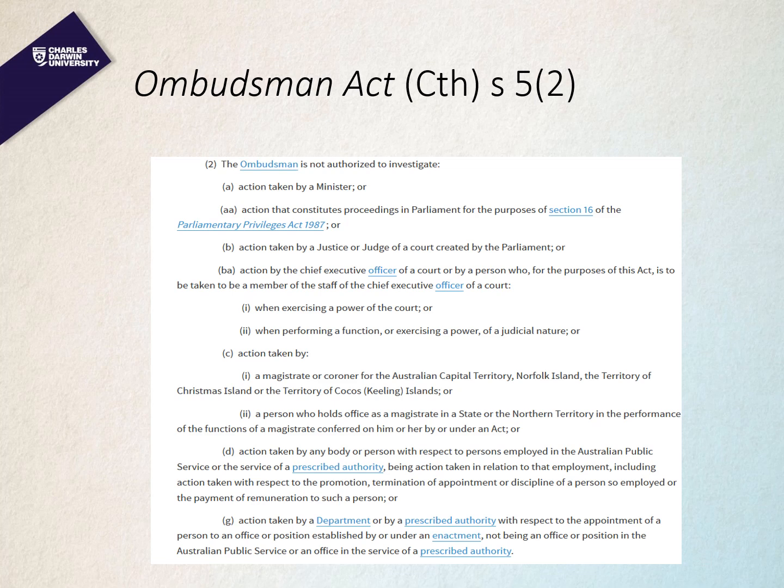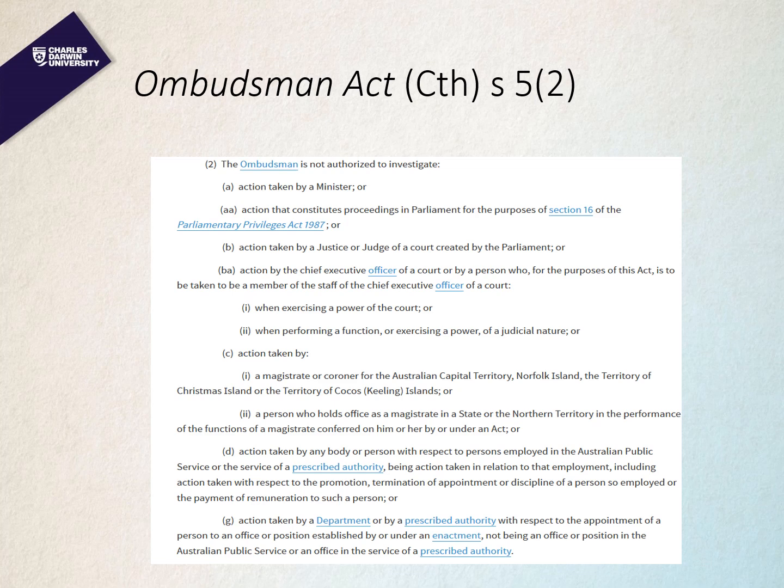All right, now we'll look at some of the specific provisions about the jurisdiction of the Ombudsman and exclusions from jurisdiction, starting with Section 5, subsection 2 of the Commonwealth Ombudsman Act. You'll see from this slide there are various things the Commonwealth Ombudsman can't investigate. Action taken by a minister, there's a similar prohibition, I might say, in the Territory Act, and I think in all states and territories. Action that constitutes proceedings in Parliament, action taken by a justice or judge, or by a